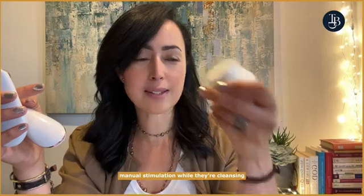As far as the bigger ones, I tend to really like this one. The brand refers to it as the cleanser, so people will think there's an actual cleanser. For those that like that manual stimulation while they're cleansing, this is waterproof. You can keep it in the shower. So it's great for the person that struggles finding time to fit red light therapy into their daily routine. You can just keep this in the shower, turn it on, and as you're cleansing and massaging your face,